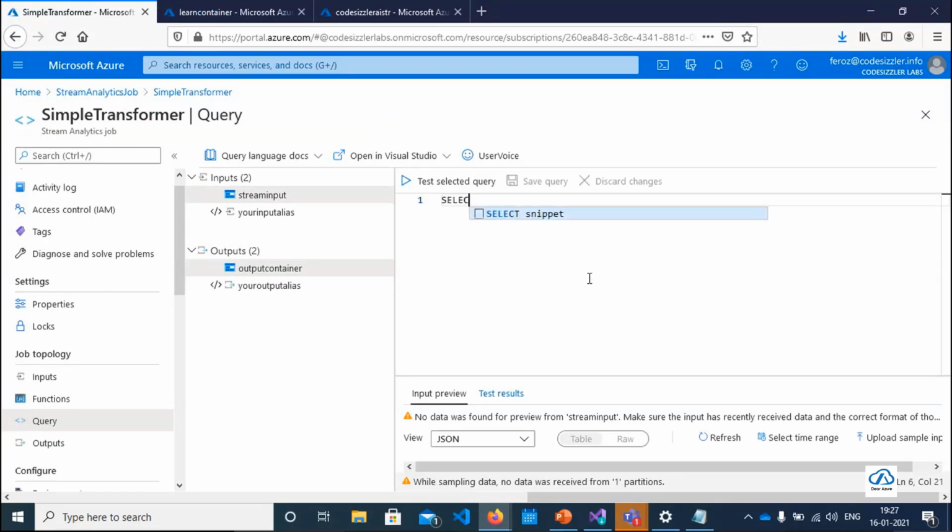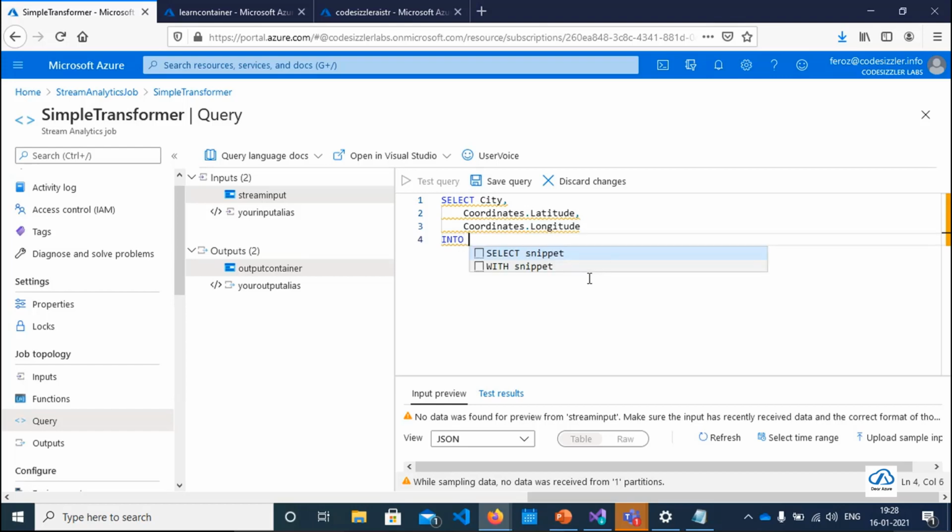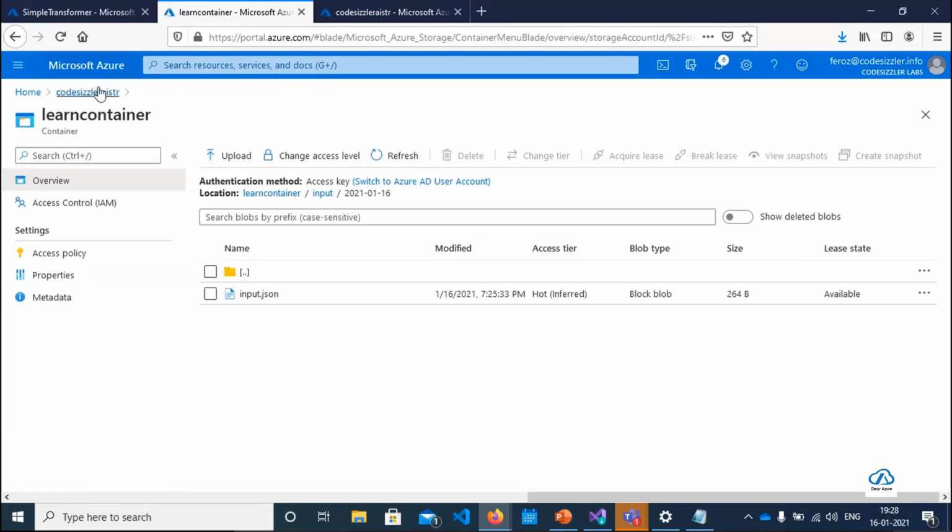We can just say select city and the coordinates for it, coordinates latitude and coordinates longitude, and we are going to generate this data into, let's say, stream input, or okay, it's not stream input but stream output. So my output part is, let me check here.